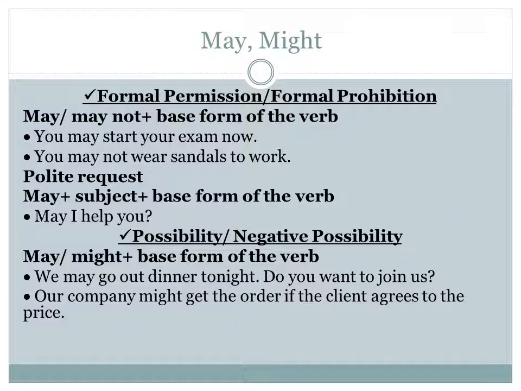تاني حاجة من المودل فيرب بعد الكان والكود والable to عندي may وmight. may طبعا في المضارع وmight في الماضي. may اول حاجة بالنسبة للفورمال permission اللي هو بستخدمها للإذن الرسمي غير كود. زي ايه؟ زي you may start your exam now. انا هنا بدي اذن انك تبدأ الامتحان دلوقتي، دي طريقة فورمال وليس informal.